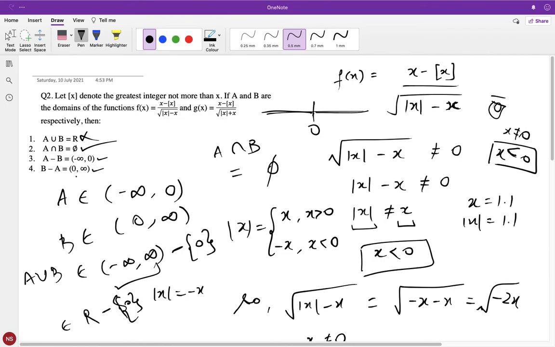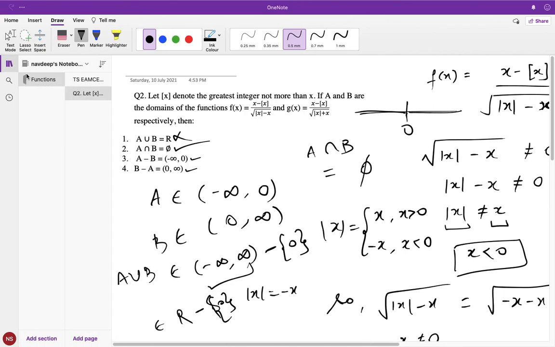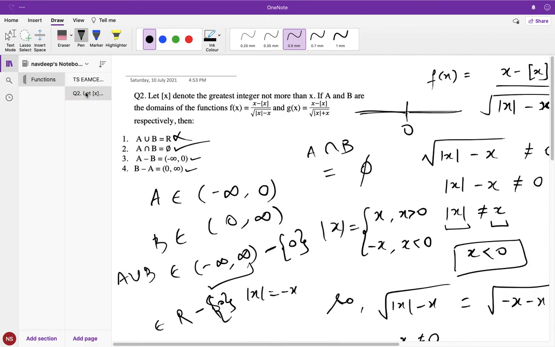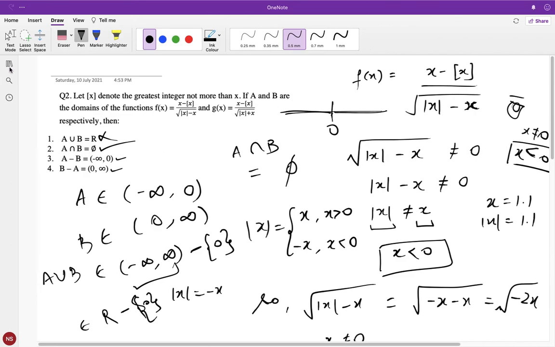And similarly B is 0 to infinity. None of the elements of A are there in B. So B minus A will stay as this. So these two options are also correct. I don't know, for some reason these guys are not paying attention to the options that they are putting in the questions, or what they are really doing. But I think somebody has made mistakes over here. Maybe I have. So if you think I'm making the mistake here and not the exam authorities, kindly let me know in the comments.